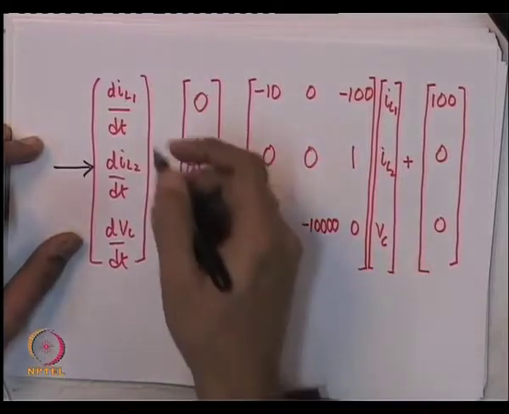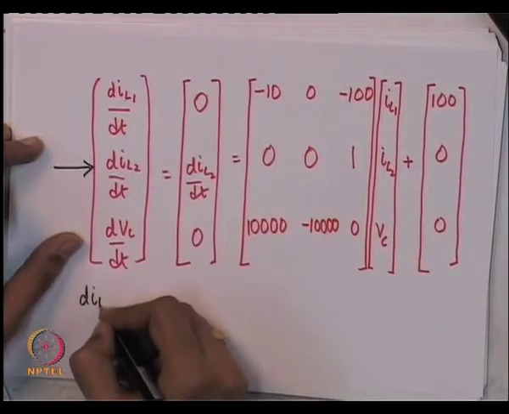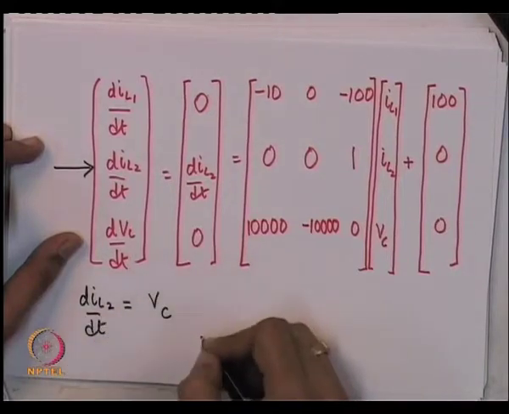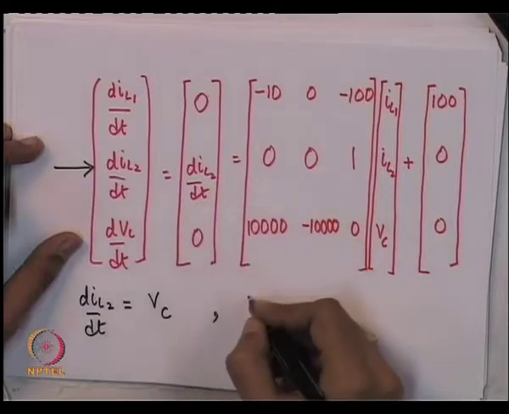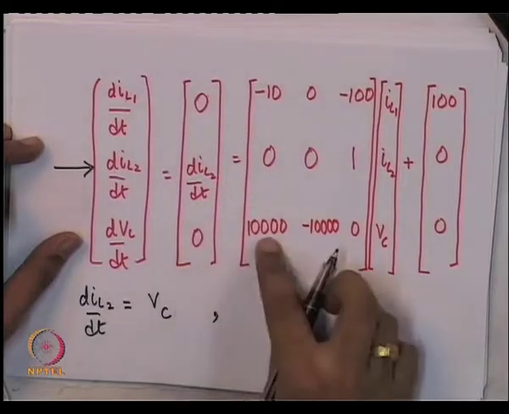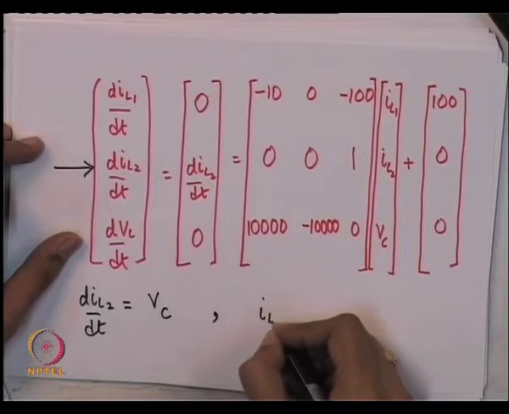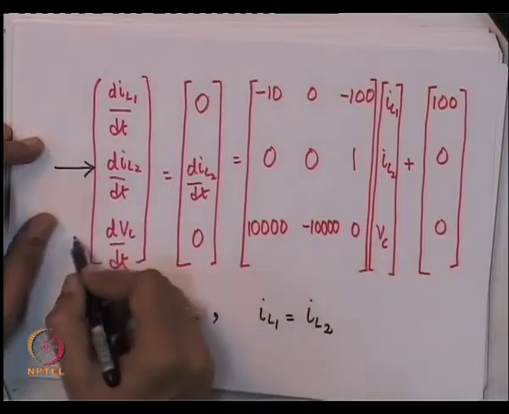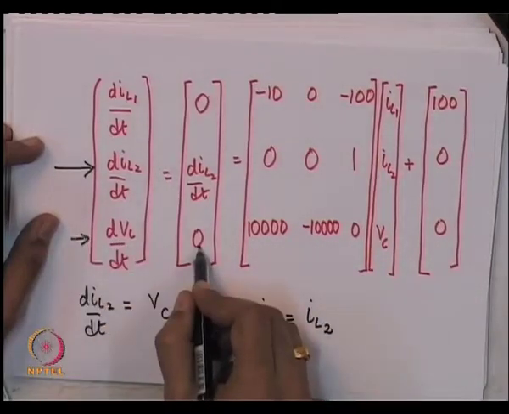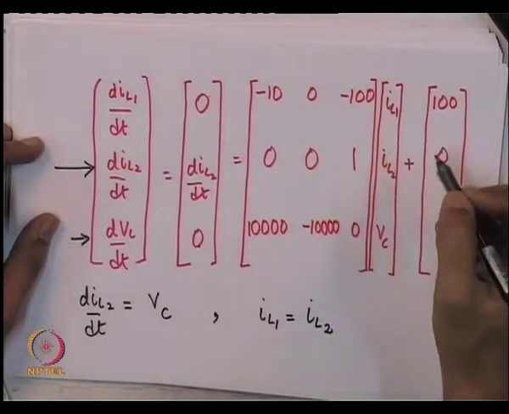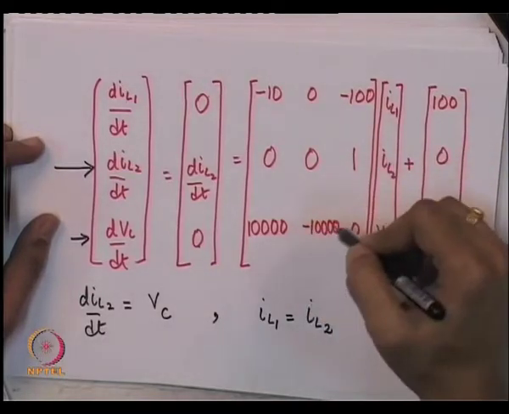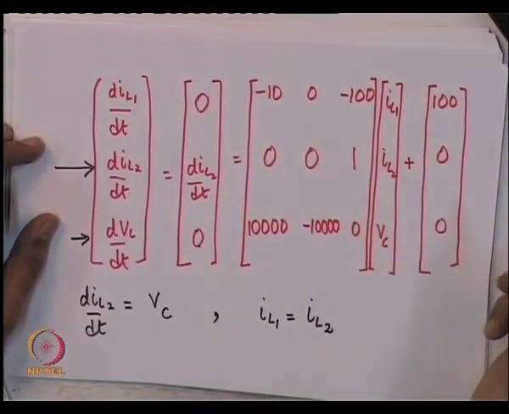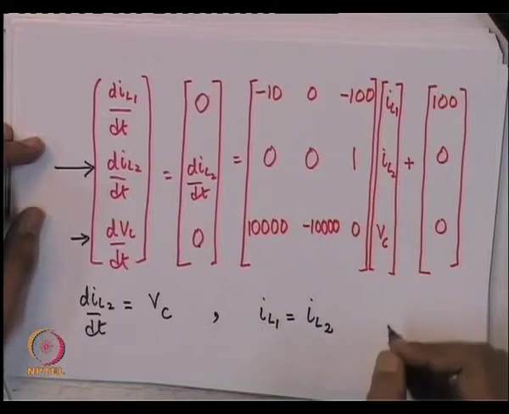So, what we have now is dIL2 by dt is equal to Vc, this is the differential equation, and IL1 is nothing but IL2 from this last equation. Since this has been set to 0, you have 10,000 IL1 minus 10,000 IL2 is equal to 0, which actually gives you IL1 is equal to IL2, and